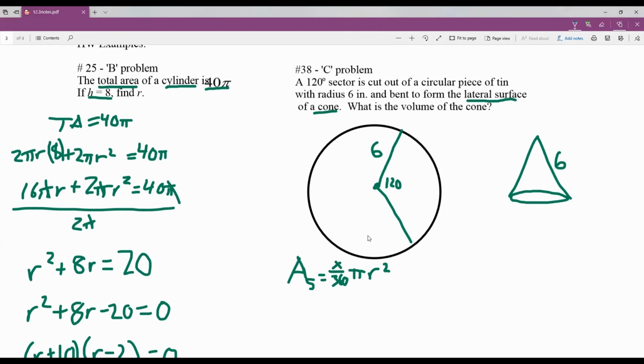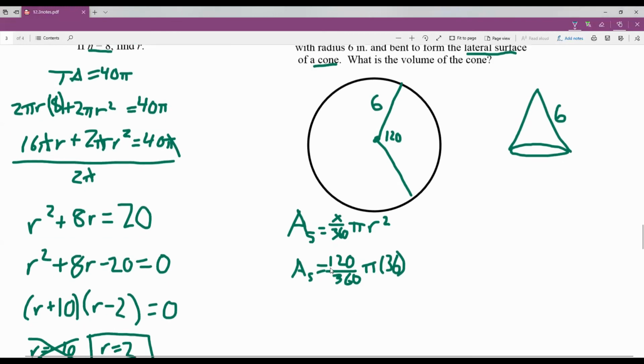And in this case, we know x is 120. So we're going to have 120 over 360 times pi, and then r is going to be 6. So 6 squared is 36. Do this out. This is going to be 1/3 times 36. So let me bust out the calculator. 36 divided by 3 is going to be 12. So the area of that sector is going to be 12 pi,